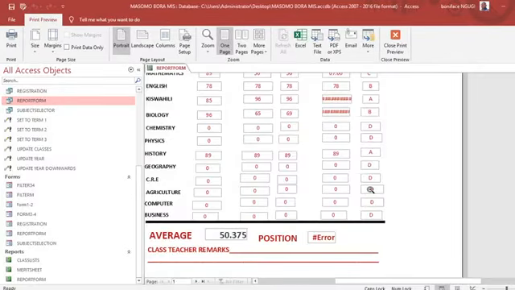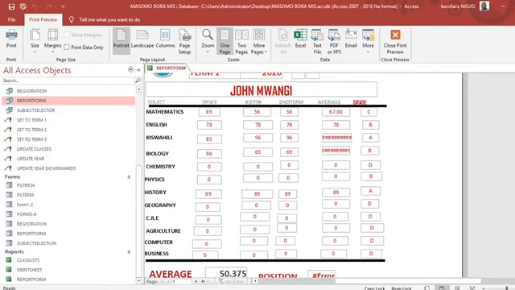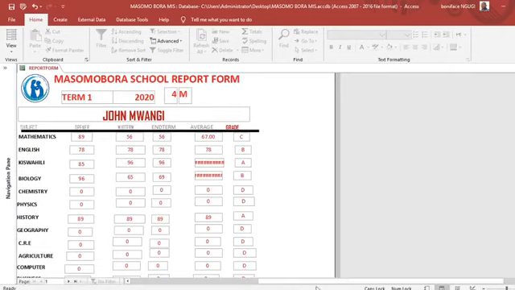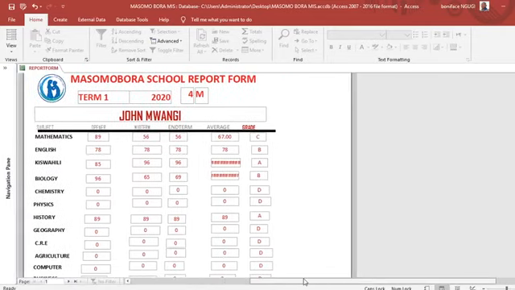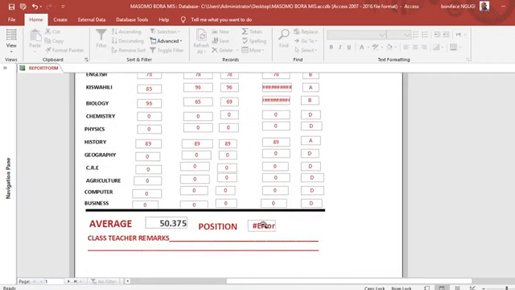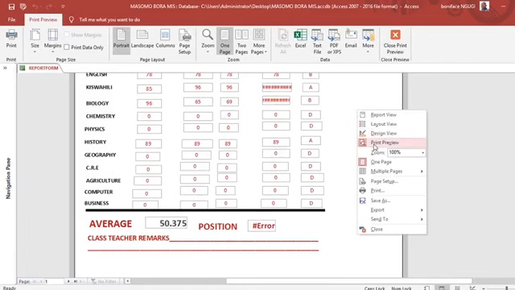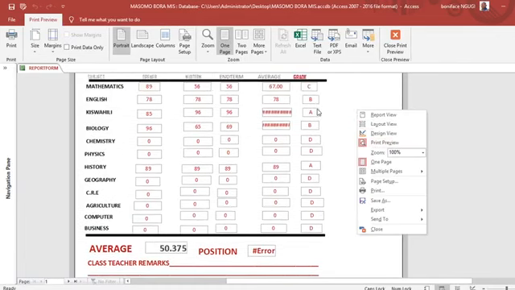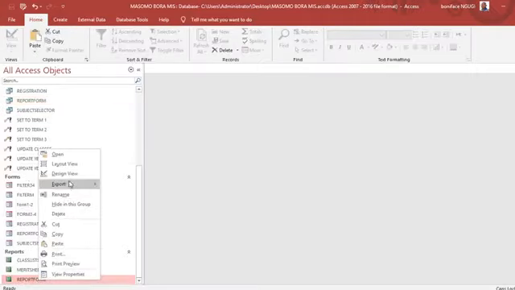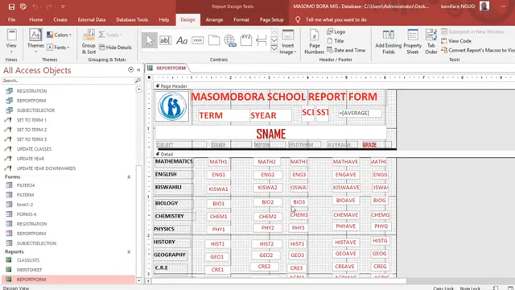Yeah, good. Therefore you can see, okay, we only have the position error, but we shall be in a position now to fix that one. But so far, you see it is opening a report form for John Mwangi. Okay, we forgot to put the admission number and also fix this one. Therefore, we go to Kiswahili and biology. There is a problem. If I go to Kiswahili, this one,